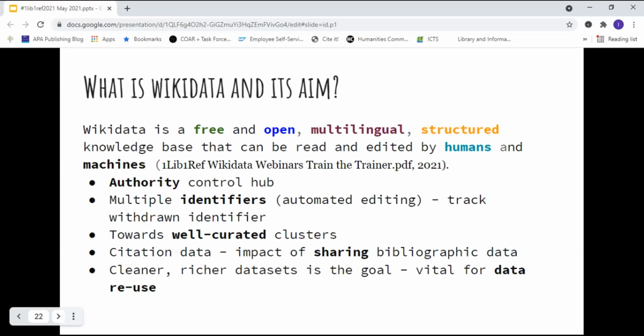Wikidata was launched in October 2012, and since then it has been one of the most edited knowledge bases with around 20,000 active users dating back to 2019, and those numbers are just increasing.